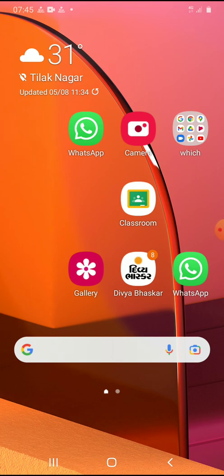I will explain to you how you are able to install the G Shala app. Under the instruction provided by our education department, it is very beneficial for students who have an Android smartphone to install the G Shala app.